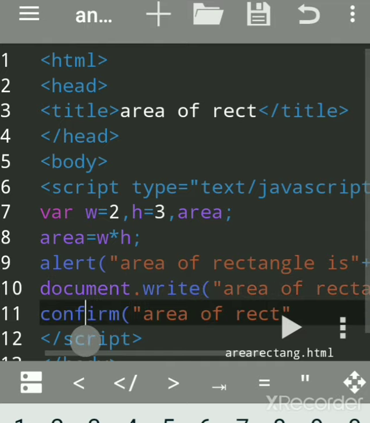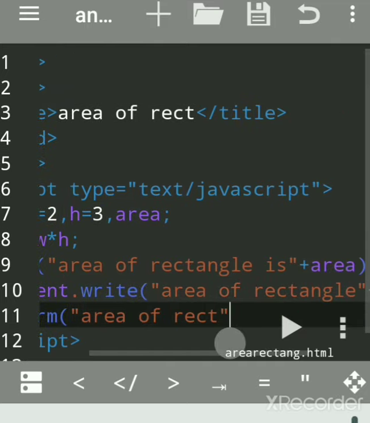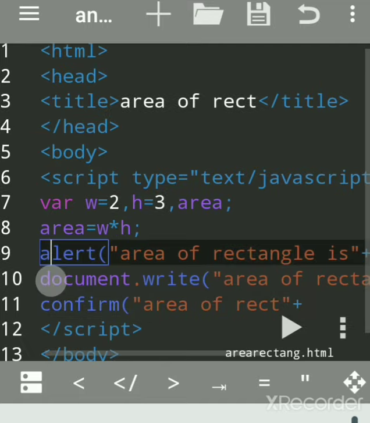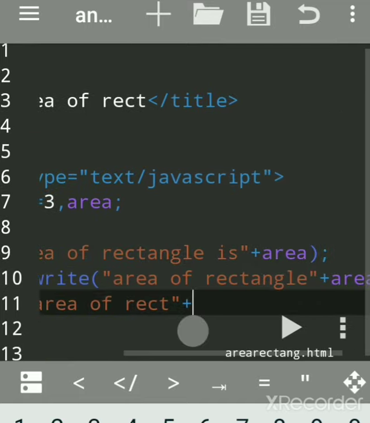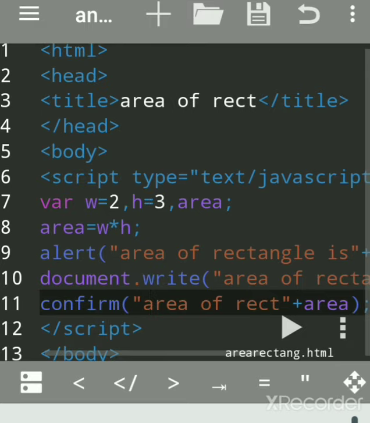Confirm and alert are functions of the window object, so no need of using it. Even we can use window.confirm or window.alert, but as it is the parent object, there is no need of using window dot. So you can use that option also.